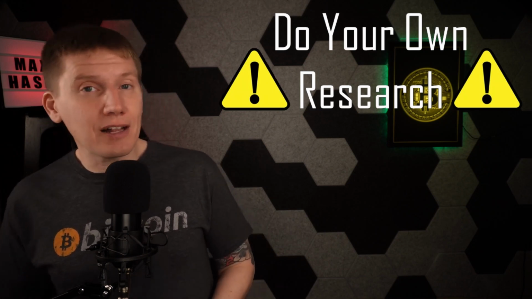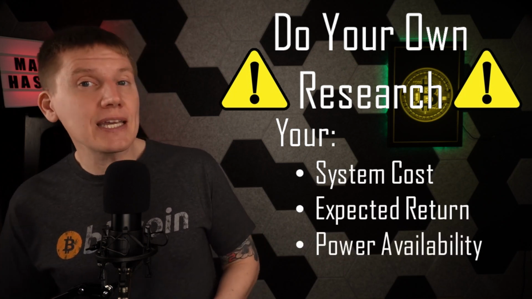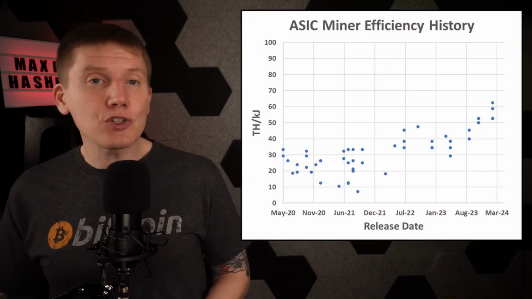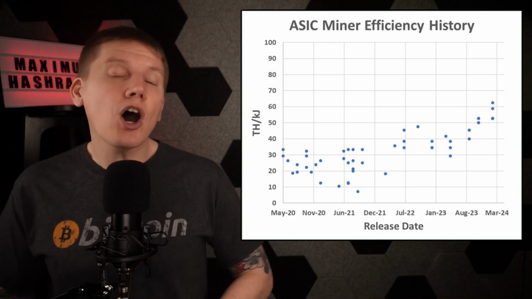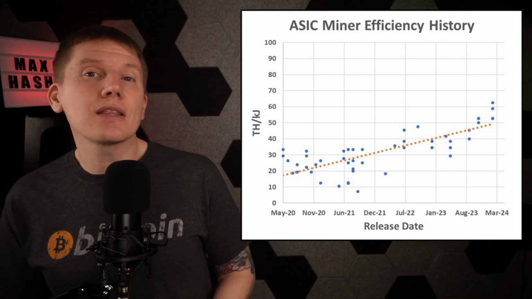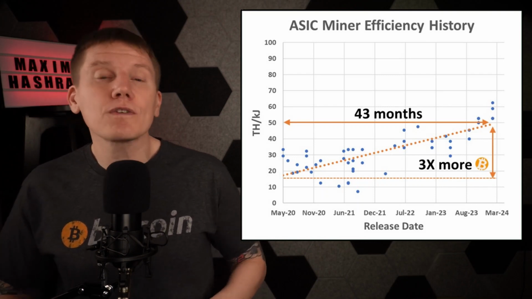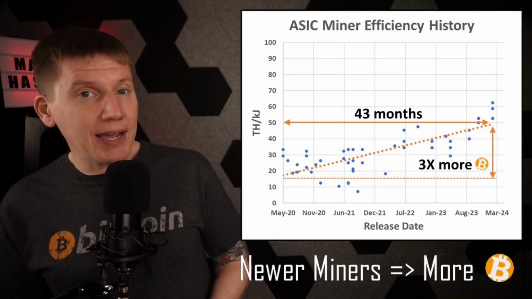And to start with a disclaimer, as with everything else in Bitcoin mining, you really should do your own research and analysis to understand your cost, your expected return, your power availability, and your home setup before purchasing mining hardware. But to start, here is a zoomed in plot of miner efficiency since the last halving event in May of 2020, along with the best fit line through that data. This shows on average, new miners hitting the market today would generate about 3 times as much Bitcoin as miners sold 4 years ago. So as you likely already know, the newer the miner you can buy, the more Bitcoin